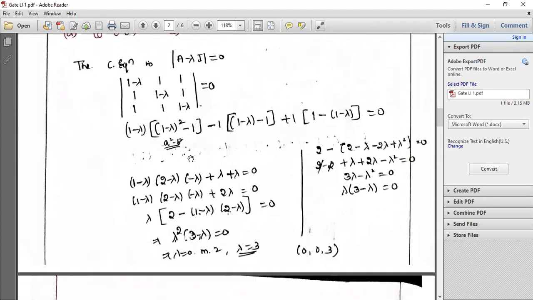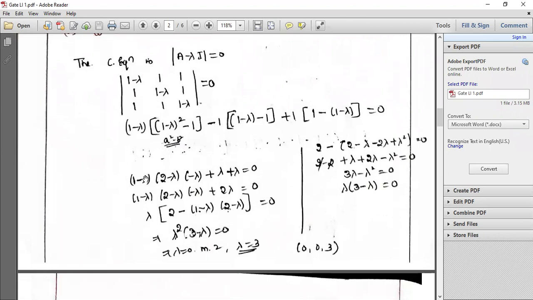Here, if you can see clearly, this 1 minus lambda I'm keeping as it is. This particular term is of the form a square minus b square, which implies a plus b into a minus b. The same way I'll write now, a plus b and a minus b. So a is 1 minus lambda, plus b, and 1 minus lambda minus b. So these are the two terms.